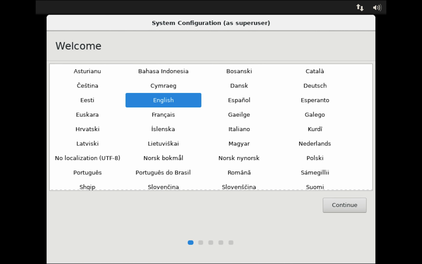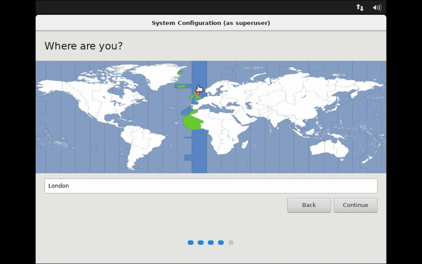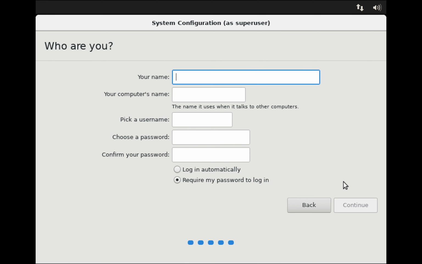First of all, it wants to set up the system configuration. You can choose your language. Choose whichever language you want. Again, then you choose the keyboard layout. Most of you will be using English UK keyboard layout. And you choose your time zone, as it were, your system configuration. London is the closest, so if you just type in your name